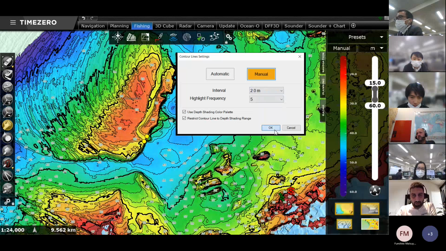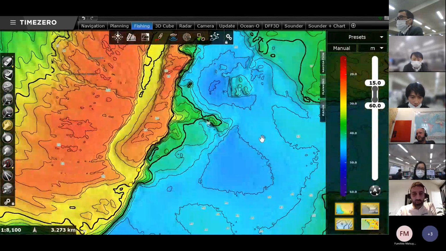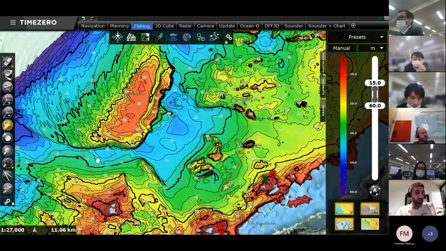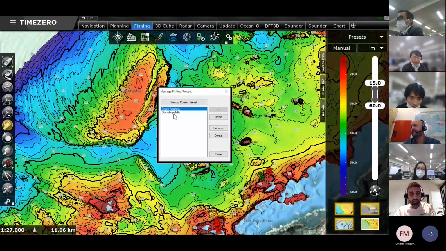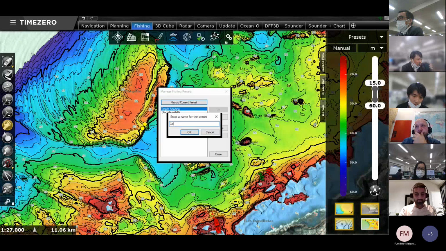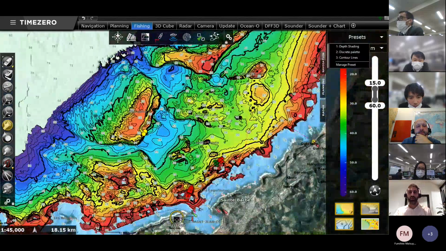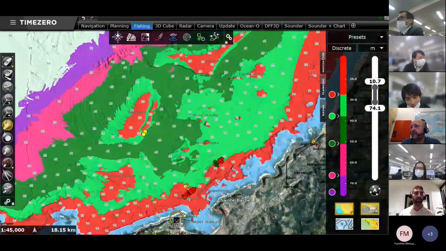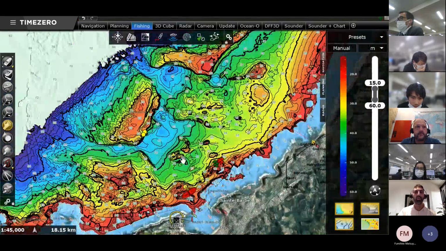Click on OK. And let's say you are happy with these settings. Again, you like how the contour lines look, you like how it makes your fishing spot appear. You can again save this into a preset. I will do it for the last time. I will call this one contour lines. OK, I close. And now you understand I have 3 different presets: my depth shading preset, only depth information, my discrete palette, my customized palette, and my contour lines preset.